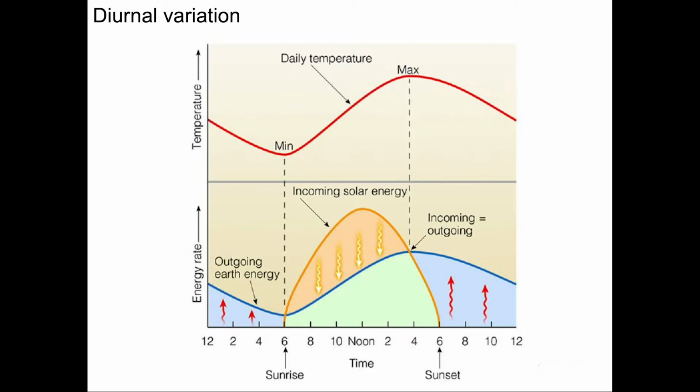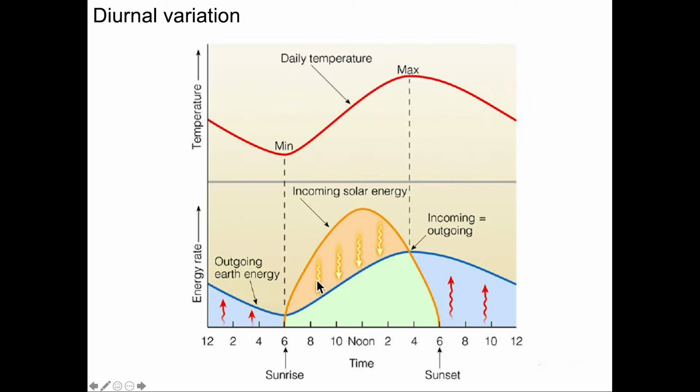And at that time, there's a balance between incoming radiation and outgoing radiation. Now, all day long as the sun's been up, the Earth has been acting like a black body. It's been absorbing all incoming radiation, converting it to a longer wavelength, and re-emitting it to space. So the Earth is essentially storing up energy at the surface here and radiating it at the same time.